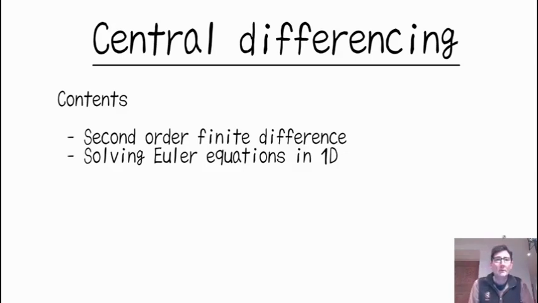Welcome. This time we're going to go through the finite difference method and particularly the central differencing, which gives us a higher order of accuracy, so a more accurate method in general. And we're going to apply this method to solving two of the Euler equations. So it's a slightly more complicated problem than the previous lectures. And we're going to do this using Python, so there'll be a Jupyter notebook that you can download and play